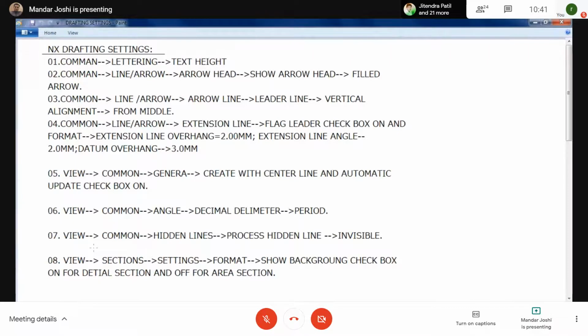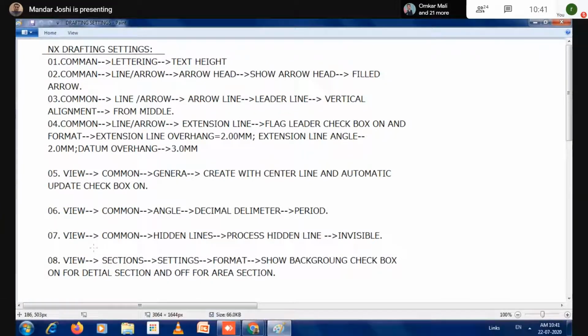Write it one by one. Now take a screenshot. Write it down, or you can take a screenshot, anyone. Are you observing these settings? If it is over, tell me.